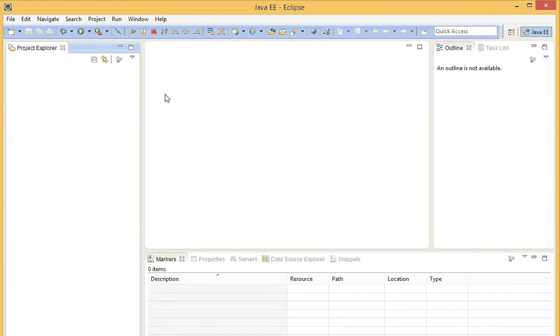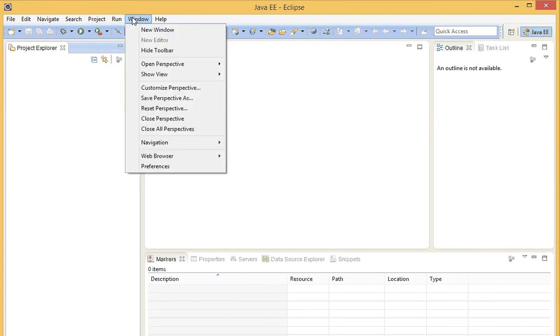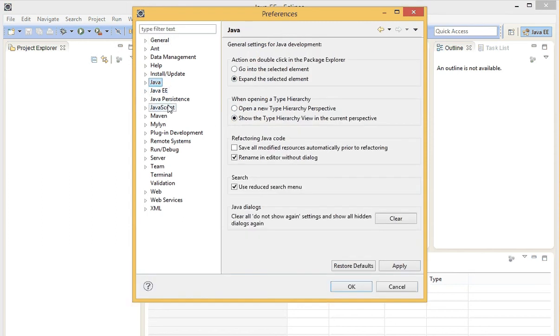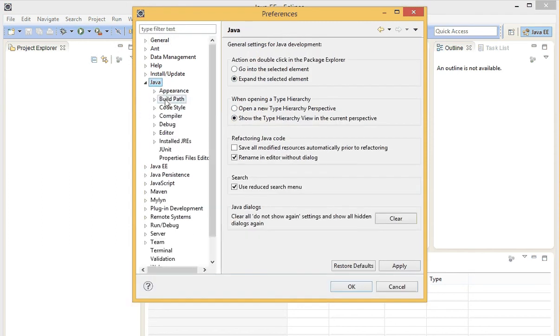to add Java into the build path: this Eclipse comes with a default JRE, but since we are developing Java code, we need a compiler, and our compiler is nothing but the JDK, Java Development Kit. To put that into our Eclipse build path, you can go to Window, Preferences, then Java, build path, Installed JREs.